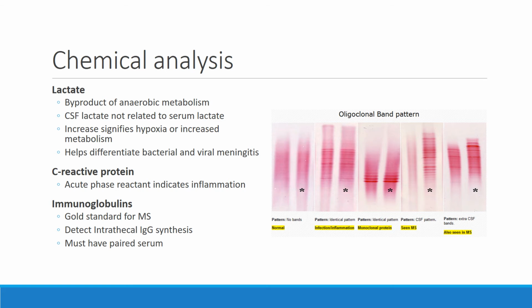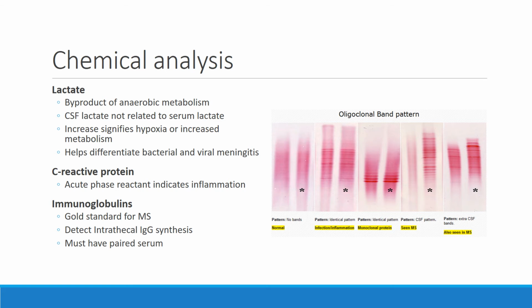But a patient who has MS is actually going to produce extra bands in the CSF, and that's because this one area of their brain, the intrathecal space of the brain, seems to be pumping out all this IgG for whatever reason, and it leads to the symptoms that we see in